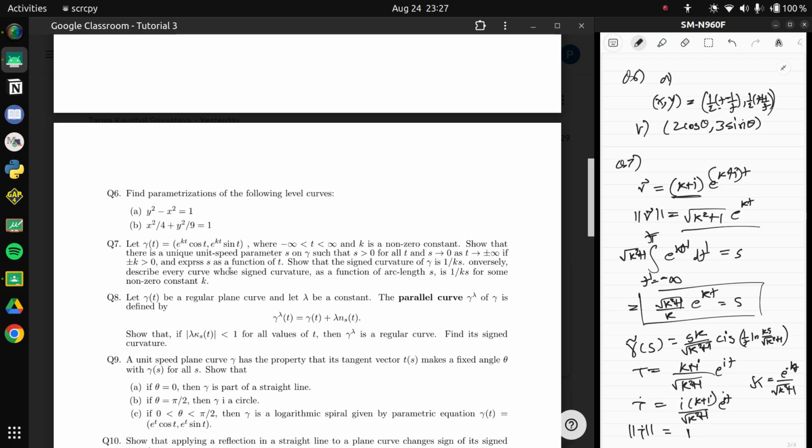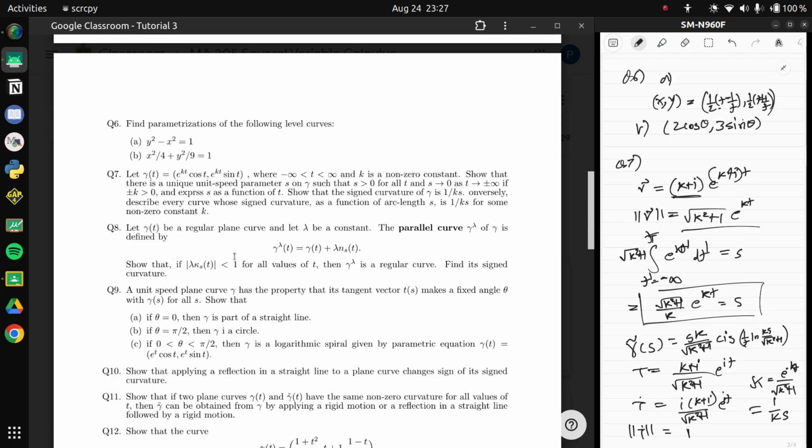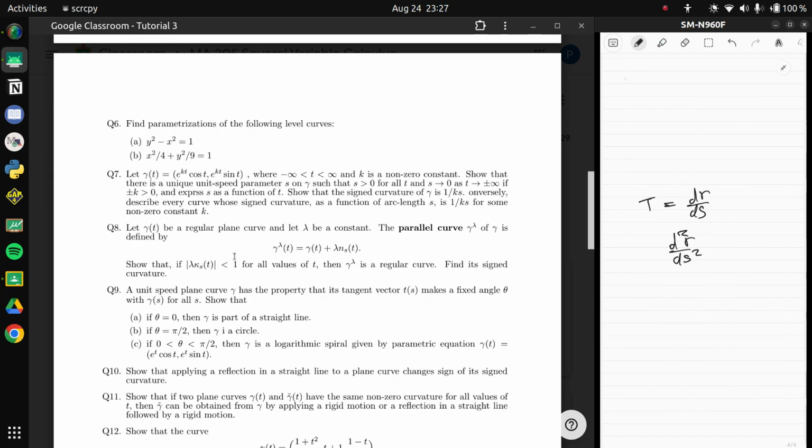Hey, what's s? S is that stuff. Oh yeah, that's actually ke^(s). Sure, that actually makes sense. This is just 1 upon ks. Huh, amazing. Okay, conversely, describe every curve whose signed curvature as a function of arc length s is 1 upon ks for some non-zero constant k. Well, it's just a translation and rotation of this, right? Okay, next. Next question is,